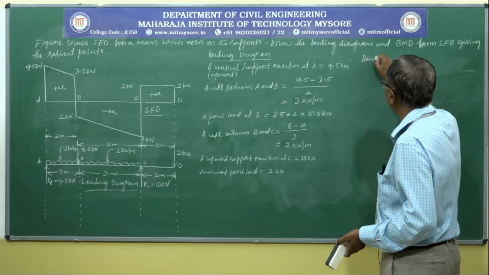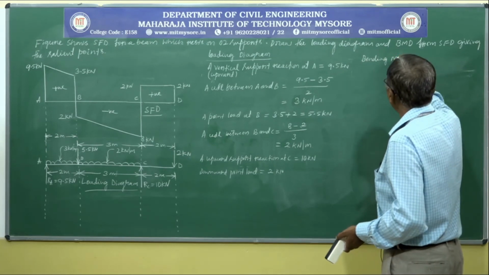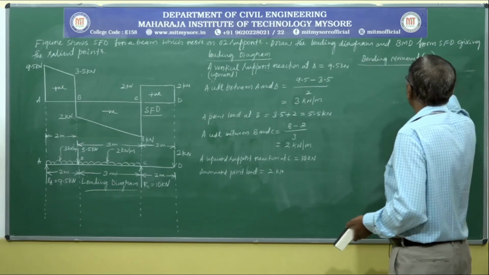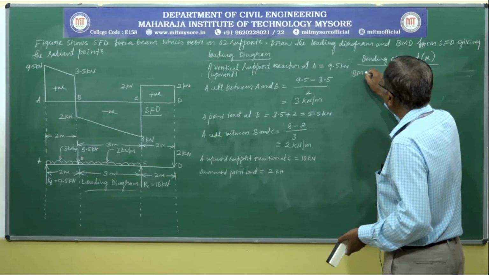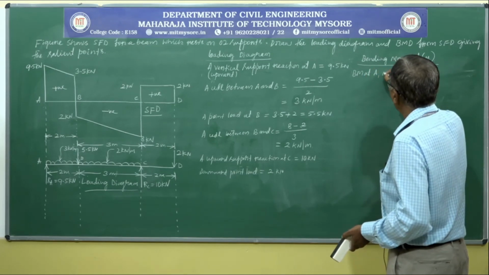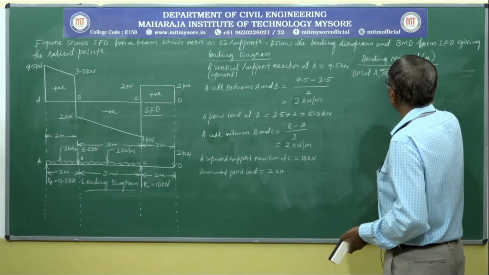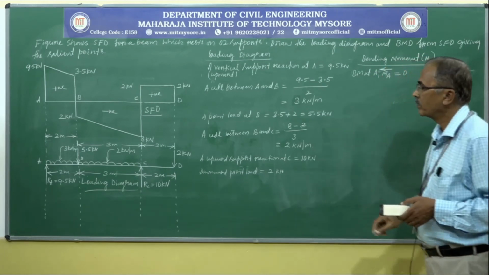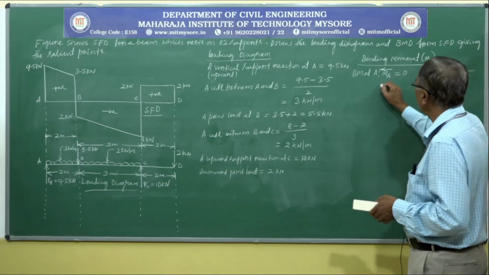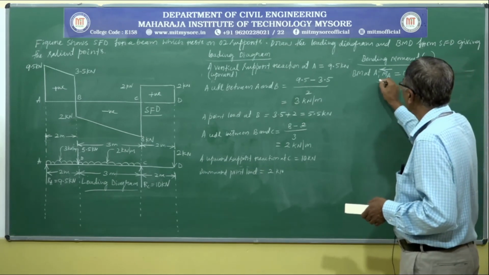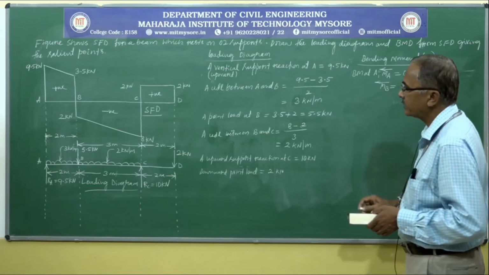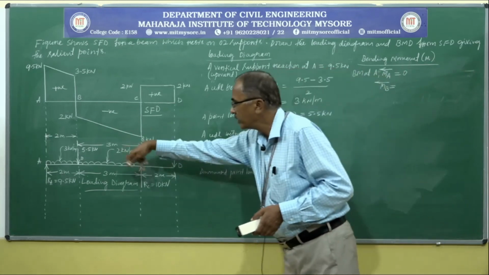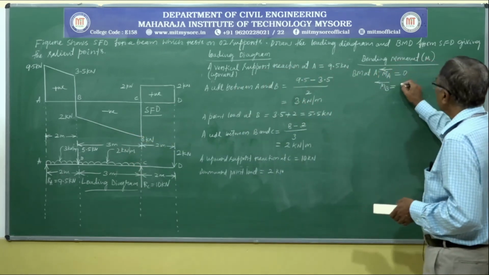Next, bending moment at A, MA, by considering forces to the left hand side, no forces, no bending moment. Next, bending moment at point B, MB, by considering again to the left hand side. A support reaction will create clockwise moment about point B and UDL creating the anti-clockwise moment.